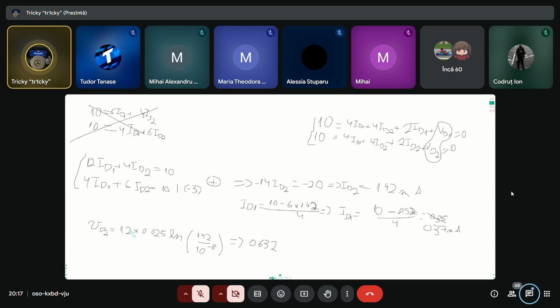This is VD2 actually because I used ID2, and VD1 it's the same 1.2 times 0.025 ln of 0.37 divided by 10 to minus 8. All right,